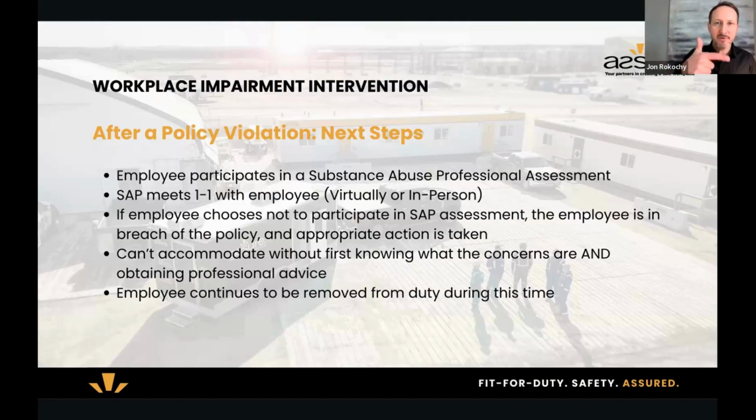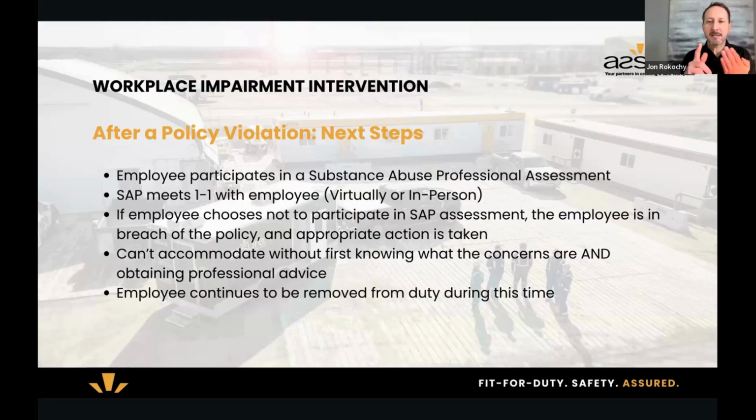We deal with abuse and addiction very differently. Human rights says we have a duty to accommodate illness in Canada. Addiction is considered a diagnosable illness, so we have a duty to accommodate illness or medical conditions in Canada. We don't have to accommodate abuse. So the first thing that we want to do is figure out what we are dealing with and how we appropriately accommodate this person. The SAP, the professional, is going to make a determination: do they have mild, moderate, or severe substance use disorder, or do they have no substance use disorder?